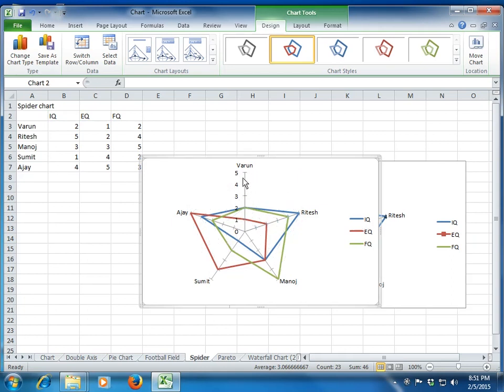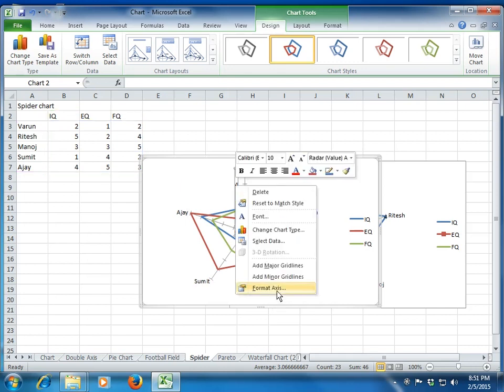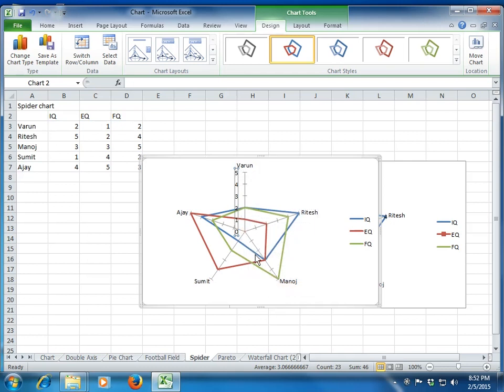Okay, this is your axis. This 1, 2, 3, 4, 5, what you are seeing is your axis. You can play around with format axis the way you want to. If you want, along with the name of the student, if you also want to see what is this red line, whether it's IQ, EQ or FQ, I am using this word for financial quotient, that's nothing great. Anyway, so if you want to place this category label also, you now know how to do